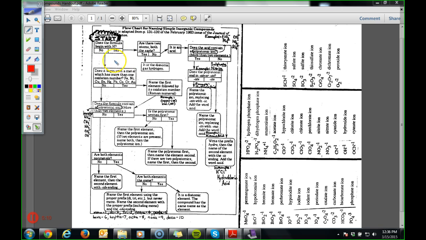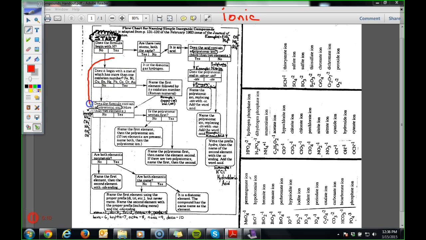This handout is basically a flow chart that helps you name simple compounds. Now, they say inorganic because there's a whole other category of naming things that are organic. And we actually can name some of those down here. But organic compounds, that's a whole other story. But if we're going to name something that is ionic,